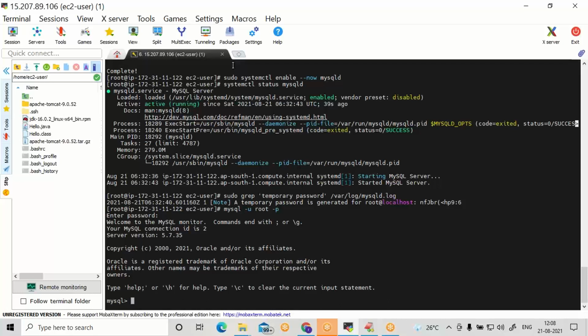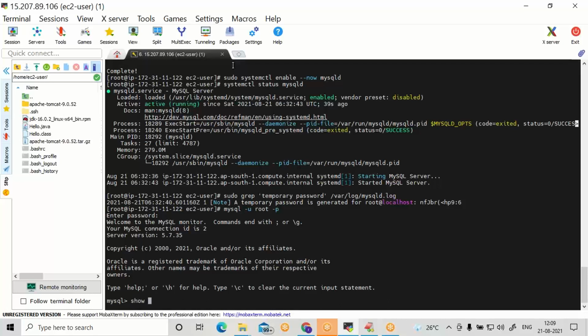Now, it won't allow you to run any SQL commands before changing the password. Whatever password was generated in the log file is only for the first login, and even in the first login it won't allow you to trigger any commands before changing the password.